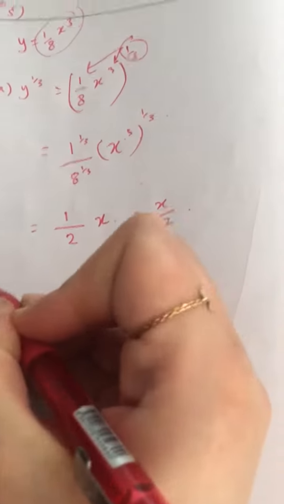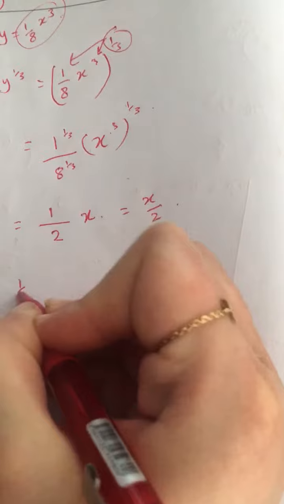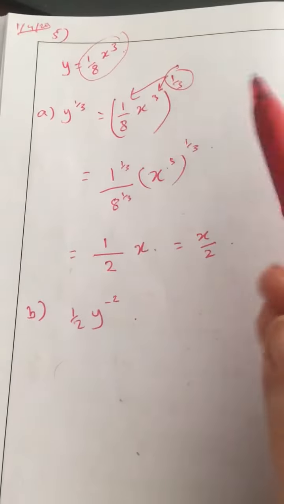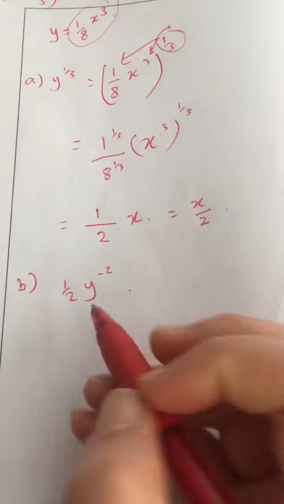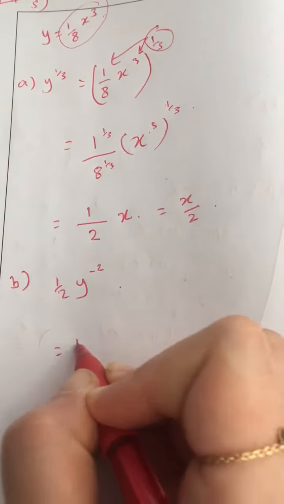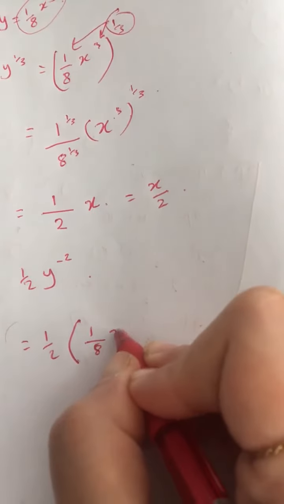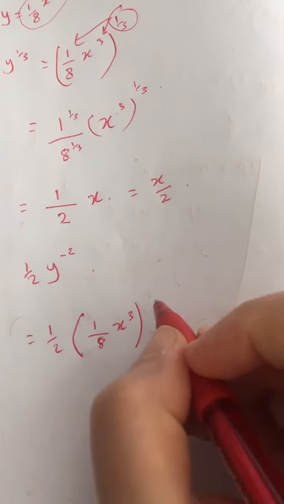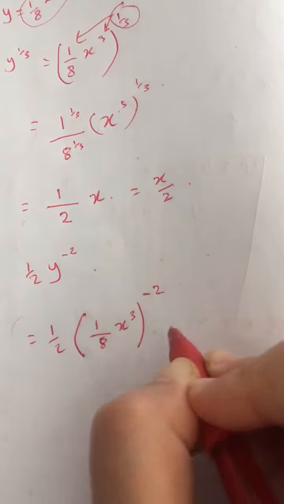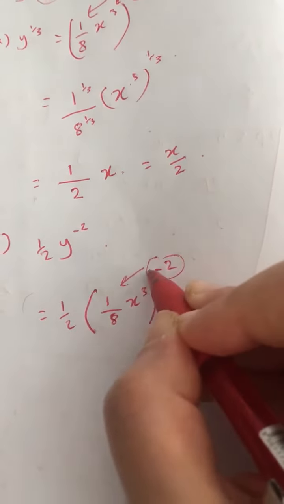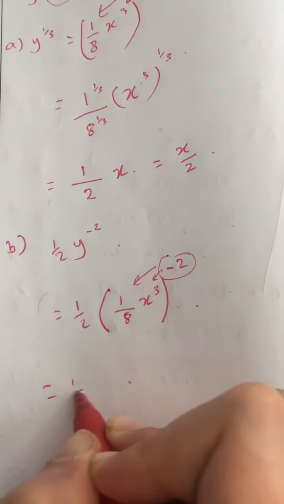Okay, for part B, I've got half y to the minus 2. So if this is my original y, I have to multiply by half. So I'm going to have half times 1 over 8 x to the power 3, all to the power of negative 2. This negative 2 applies to everything in the bracket. So I'm going to have half